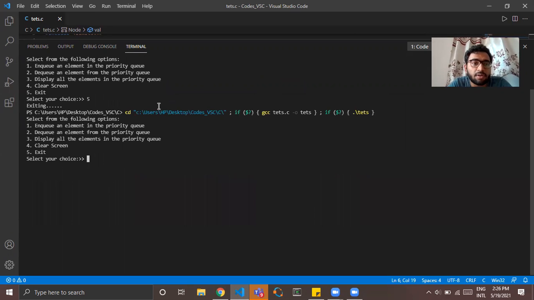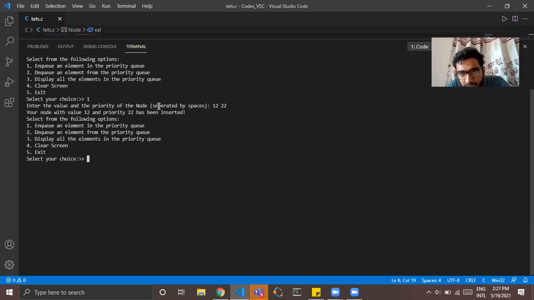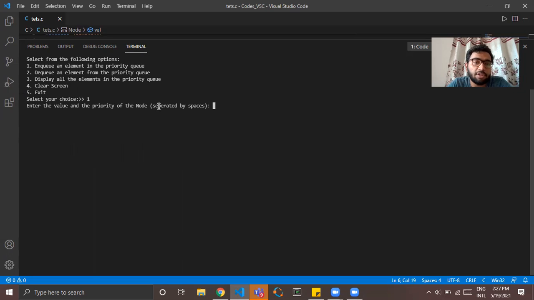Let's run it once more. Let's just clear the screen once. Now, I would be enqueuing an element. So what should be the value of the node? Supposedly the value of the node is 12, and the priority of this node is 22. Clear the screen once more. I'll be enqueuing a node. Suppose the value of this node is